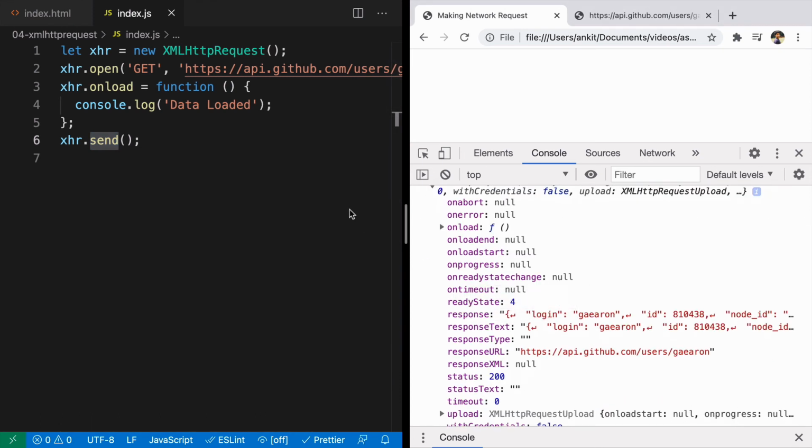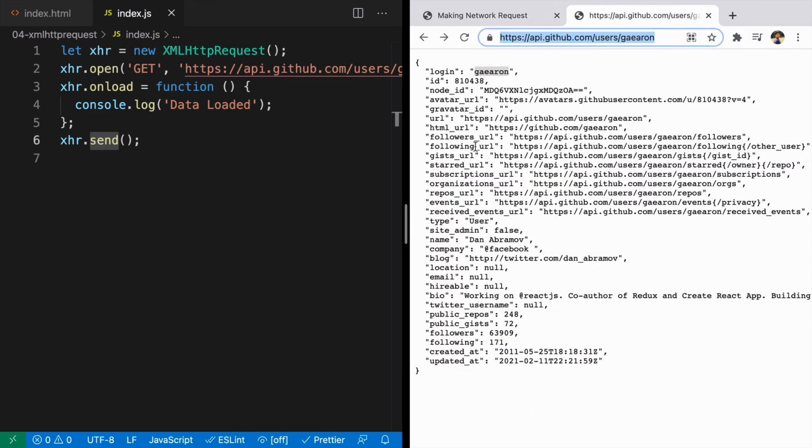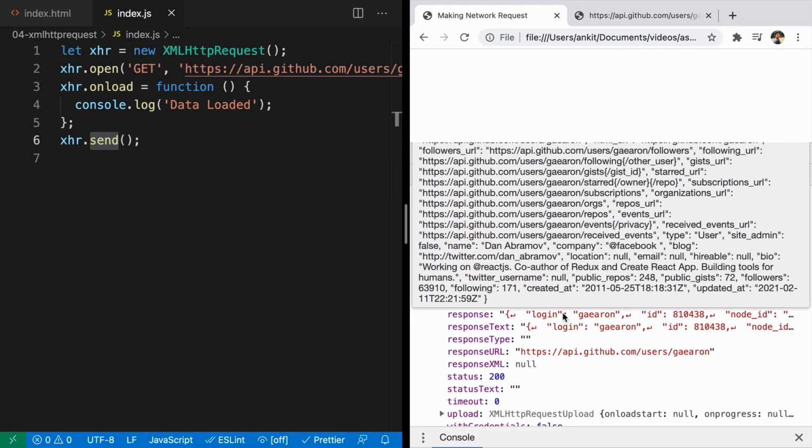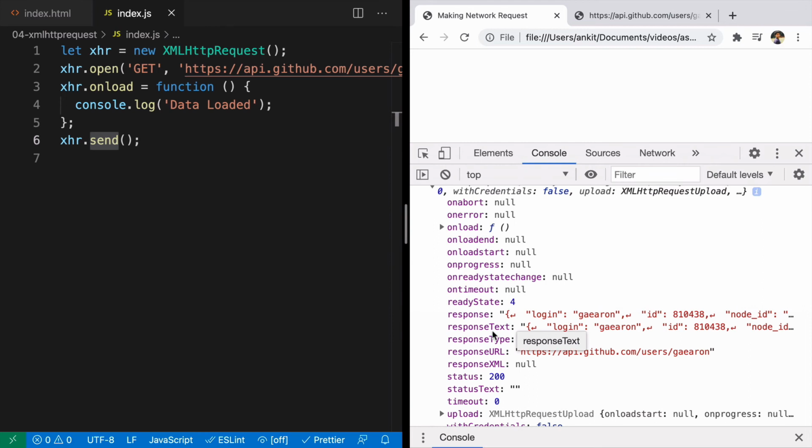Here we can see that because data is loaded, we have response and it has all the data that is coming from this URL. Then we have response text, response URL, and the status that is 200. 200 means successful request.